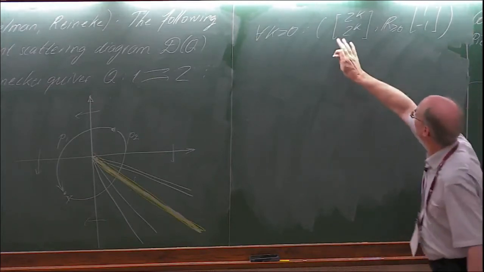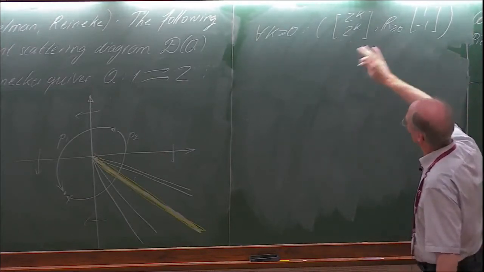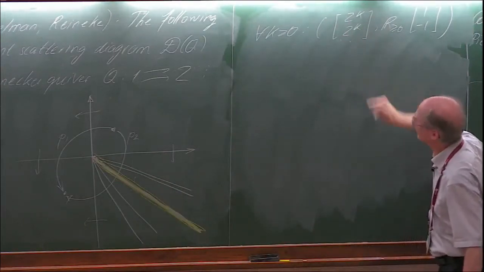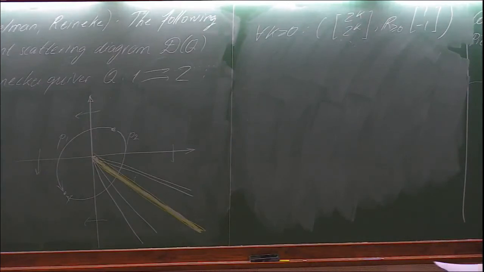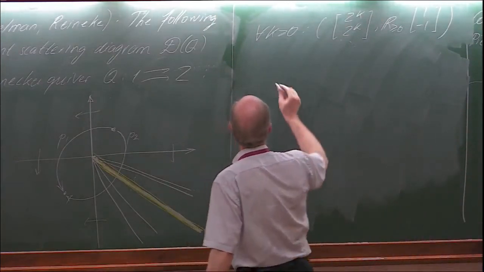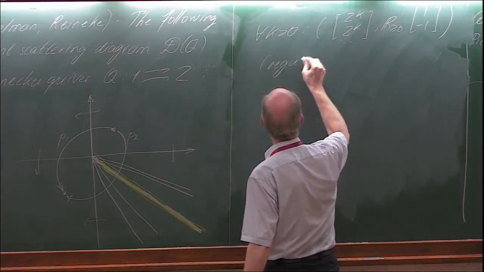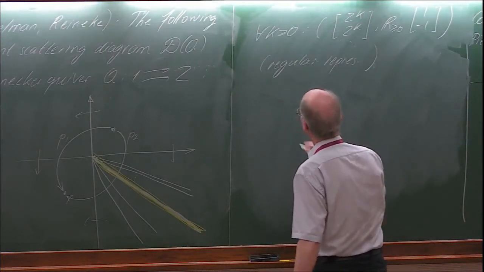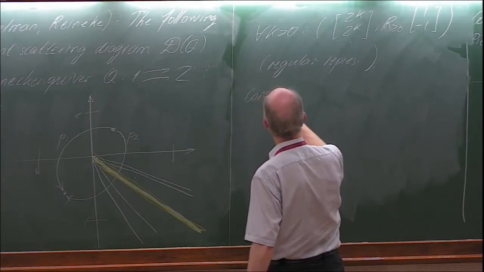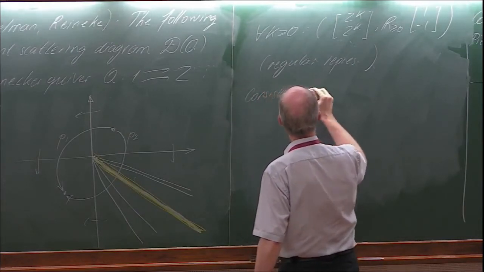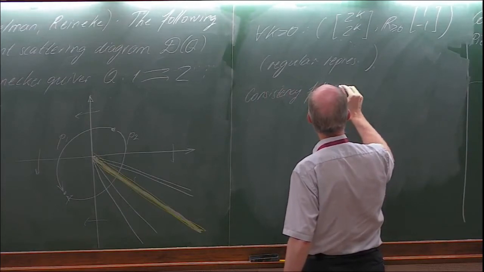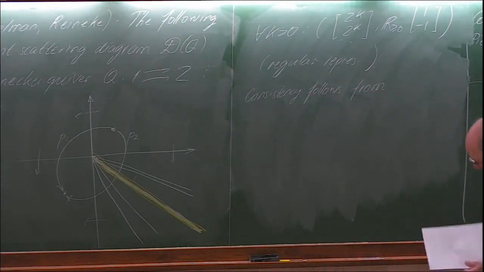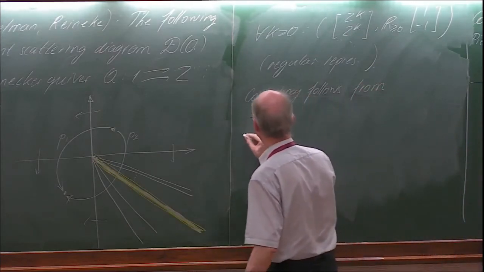For each, we have this wall which has the same support, but with infinitely many normal vectors, the regular representations. And consistency follows